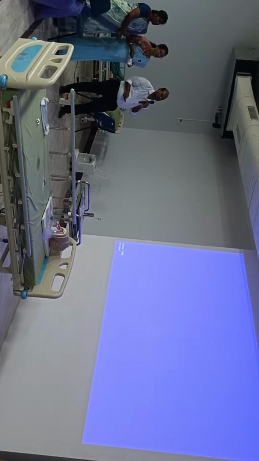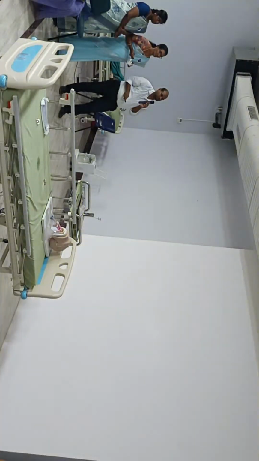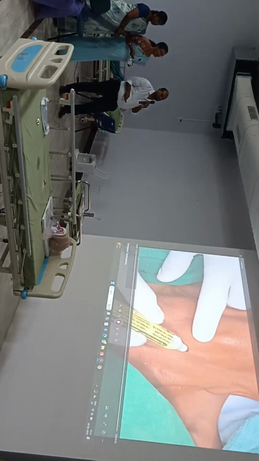This is a case of emergency tracheostomy done for a supraglottic tumor who presented with a